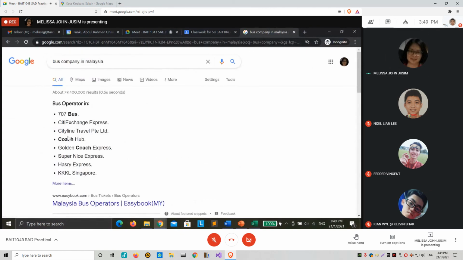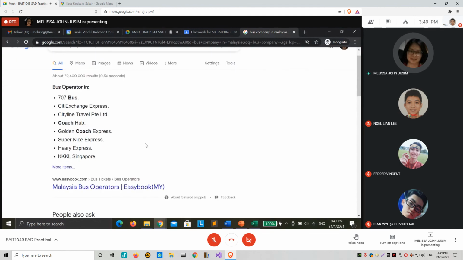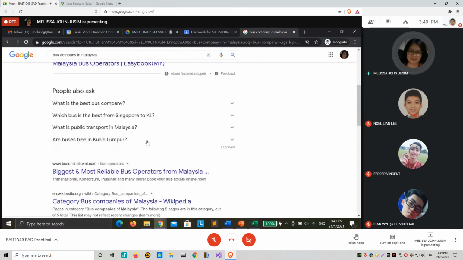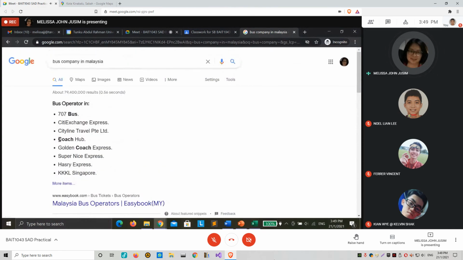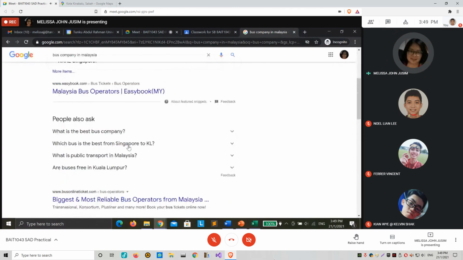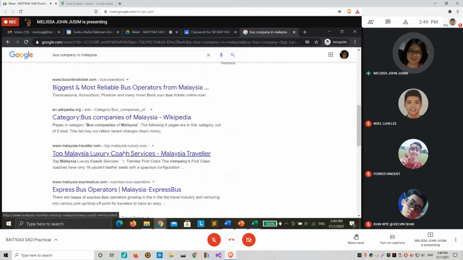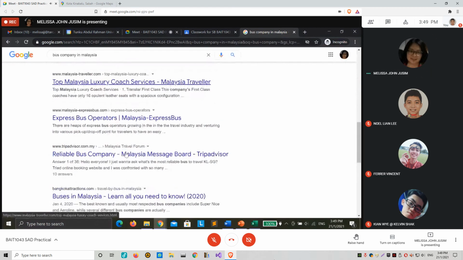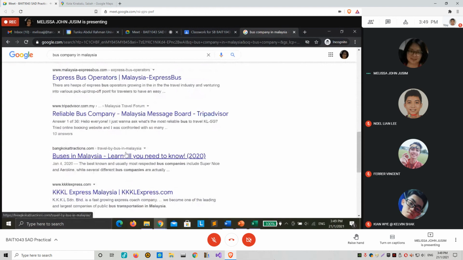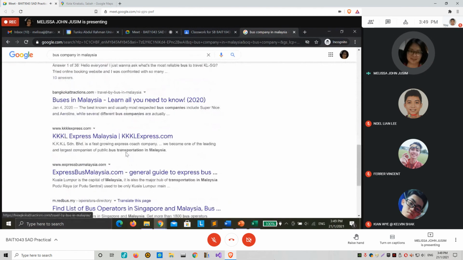There's CityLink, there's Coach, there's Golden Coach, and many more in Asia, right? Best bus company. Let's try this one. CityLink, Golden Coach. Coach services. Nice. KKLE Express. Express Bus Malaysia.